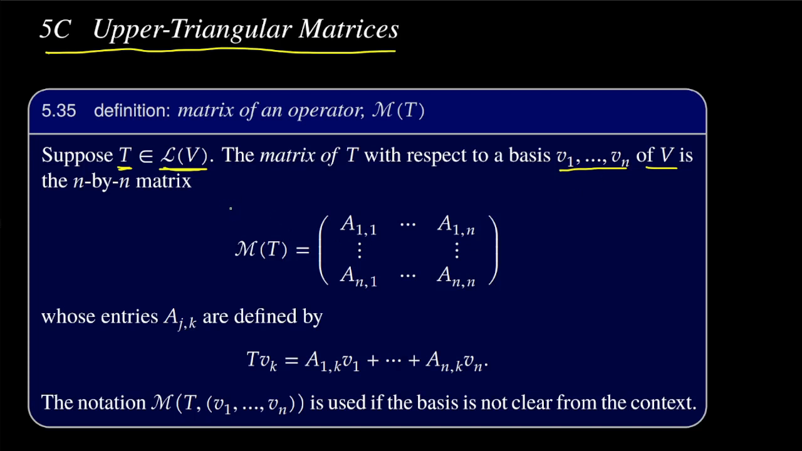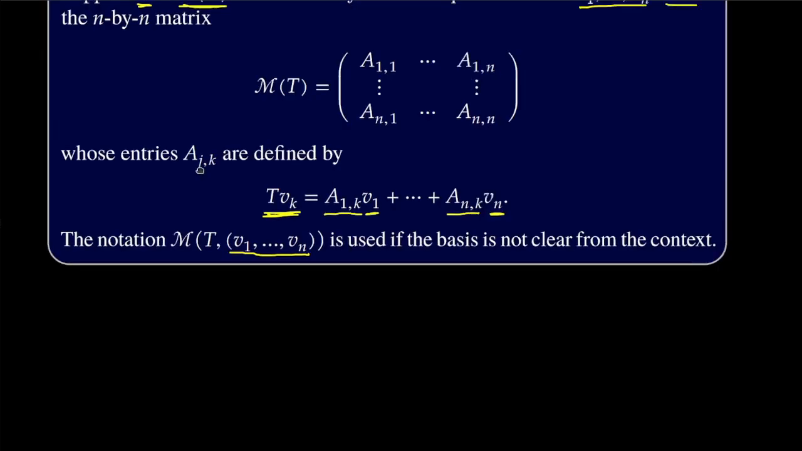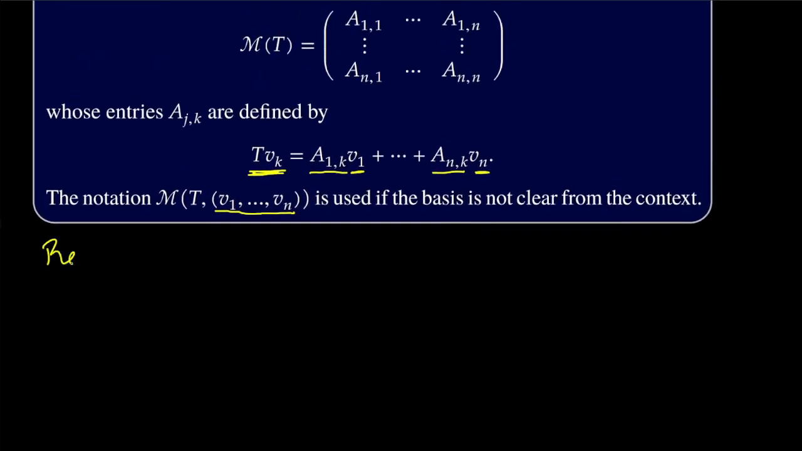Well, what we're saying is that we get a matrix MT whose entries are defined so that the image of the kth basis vector under T can be written as a linear combination of V1 through Vn, the elements of the basis, with coefficients coming from the kth column. So, if the basis isn't clear from the context, we'll explicitly put it in the notation for M. We won't have to write two separate ones, but just to recall,